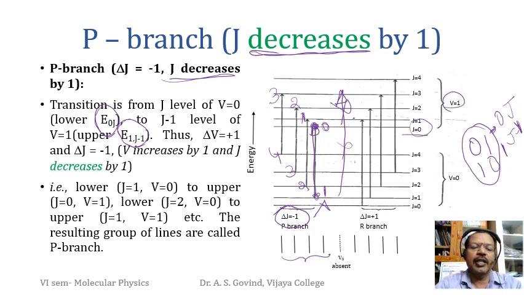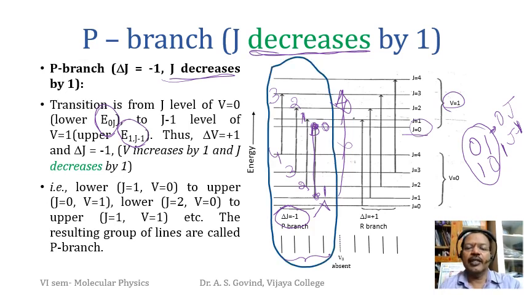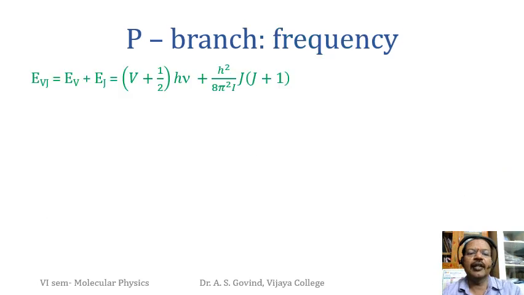So similarly, the next one, two examples are given. So that is the P branch. And notice that all the frequencies are less than nu naught. They are coming to the left side in the diagram. And we can verify this by doing the calculation.